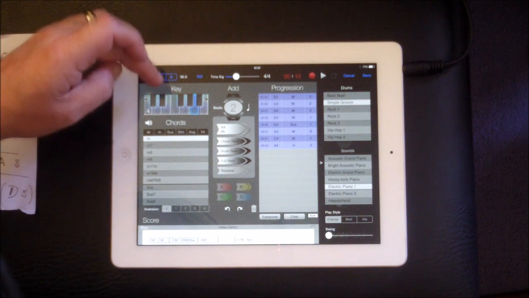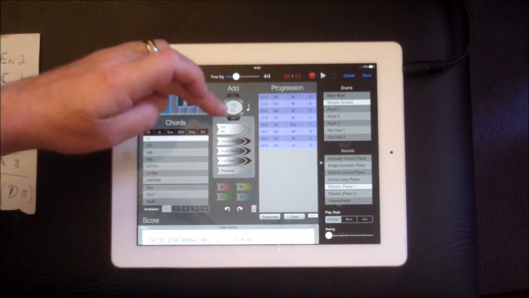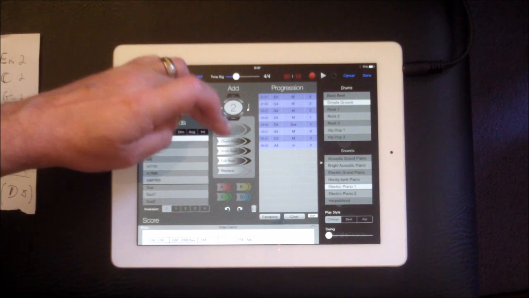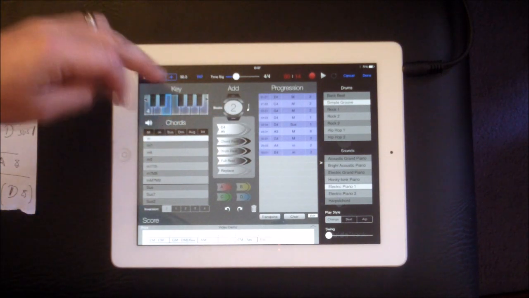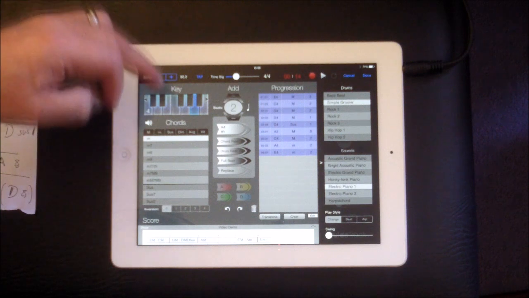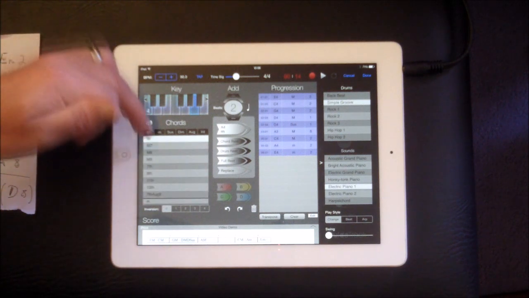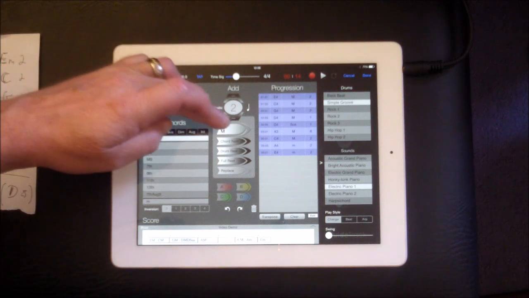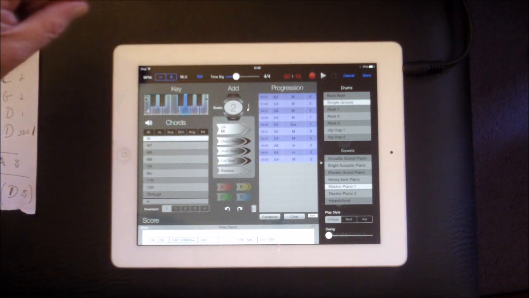Then we have an E minor, so E, and it's already there because I'm already in the minor key there, so that can go in. And then a G. Well, this one's not a minor, it's a major, so make sure it's major. And make sure it's G. Yeah, that's it. There you go.